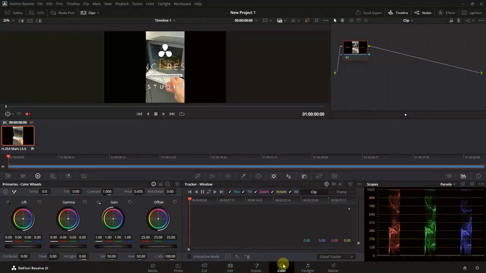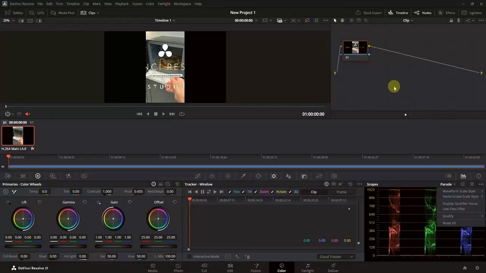If the flicker is still noticeable, you can tweak the parameters. Just click on the effect in the Resolve FX panel, and you'll see settings like threshold and range. Adjust these sliders until the flicker is reduced to your liking. You might need to experiment a little bit with these values to get the best result, but usually, it's pretty intuitive. Once you're happy with how it looks, it's always a good idea to play back a section of your